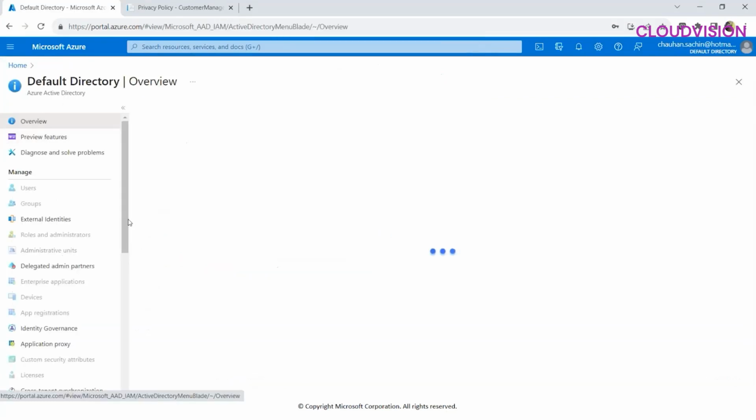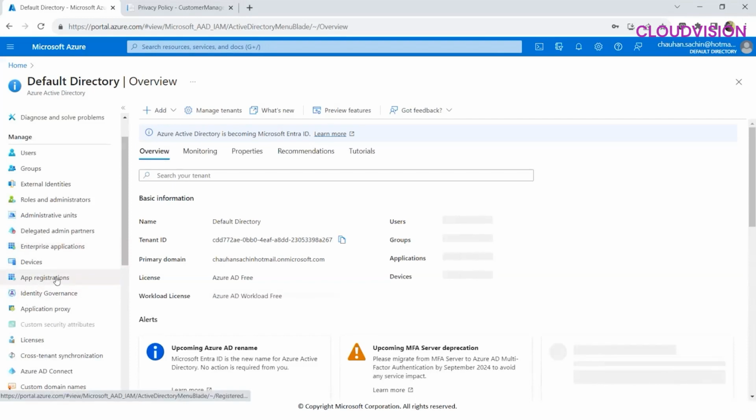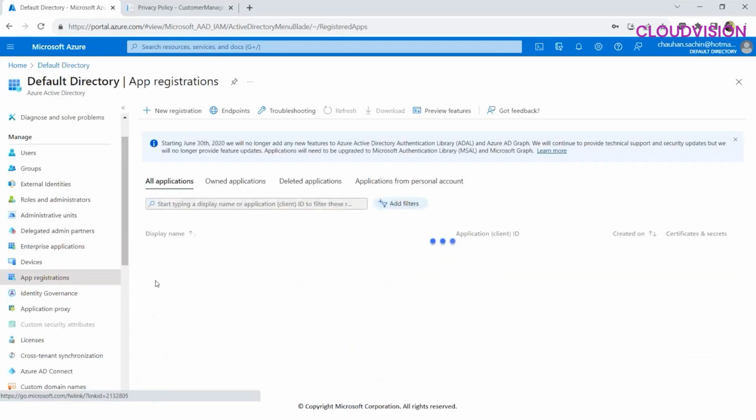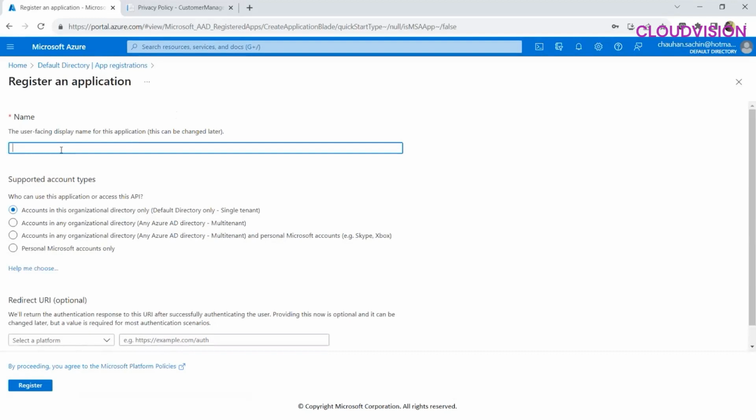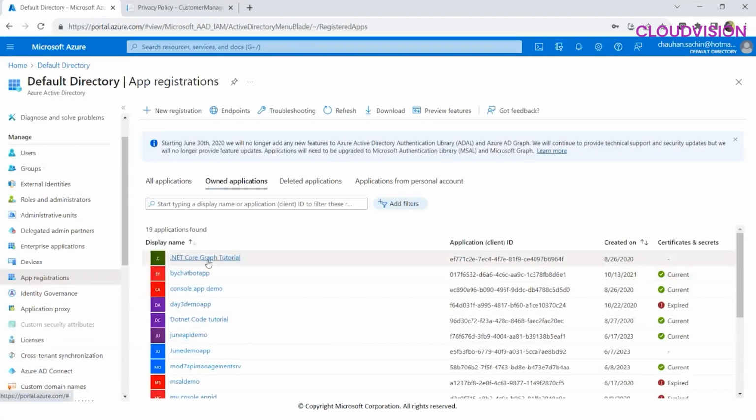So in Azure Active Directory, I have the registered app registration. Here I have registered so many apps. If you want, you can click on new registration and give it a name and specify how this app will authenticate a user. For accounts in the organization directory, single tenant. Accounts in your Active Directory plus partners' Active Directory, that is multi-tenant. Accounts in any organization directory and personal Microsoft accounts, or just personal Microsoft accounts. You can specify that. And as soon as I click register, it will show you this entry here